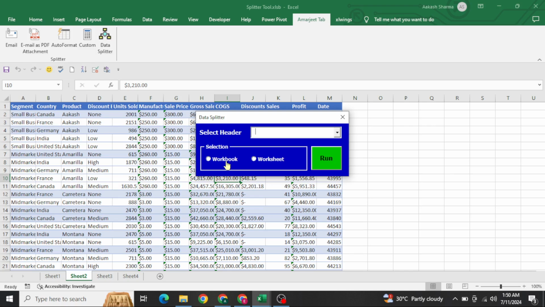As soon as the user initializes the user form, it is not asking, but when the user clicks on this workbook, it is asking for the path. If the user clicks on this worksheet, again it will go, right? So here we have done this much. Now next we need to get all the headers of the data if we have data in our active sheet.